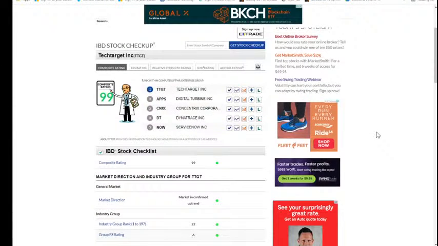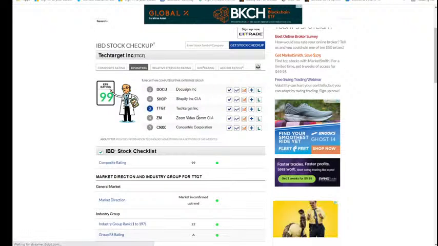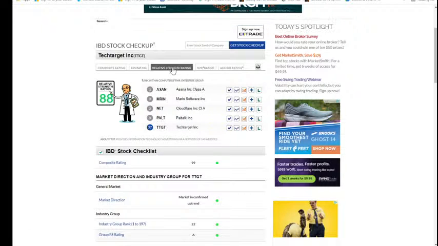But I think the best option, at least if you want to use the stock screener and go look at other options within the group, well, the other thing is you can click on these tabs and it will show you which ones are the best EPS, which one is showing the best relative strength within that, and these tabs right here. So I would say that I probably would not trade any other stocks outside of what these tabs are giving you, just because it would be a lot more work, and those stocks outside these tabs may not